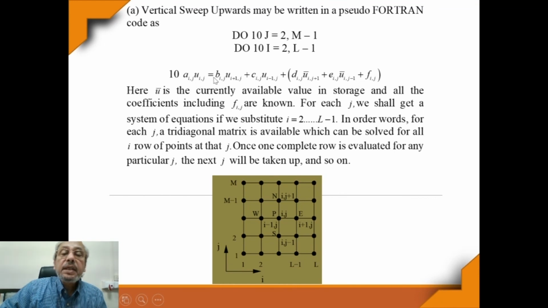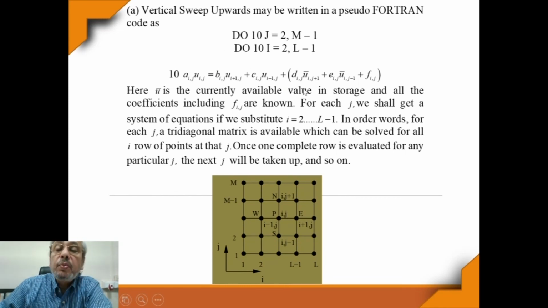aij uij equal to bij ui plus 1j plus cij into ui minus 1j. So these are implicitly related. This will be evaluated by varying i equal to 2 to L minus 1, j equal to 2 to n minus 1, and we will get a system of algebraic equations. Whereas when we are